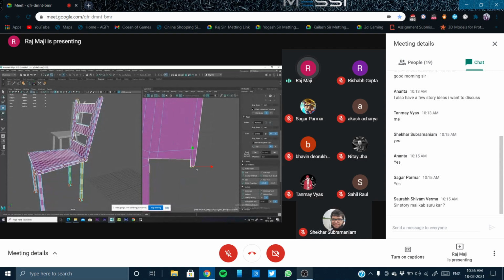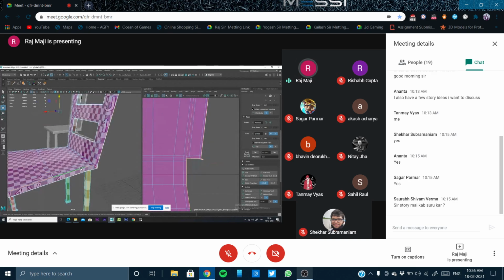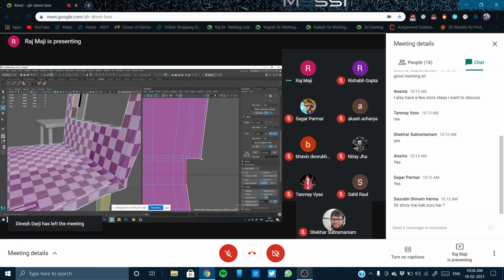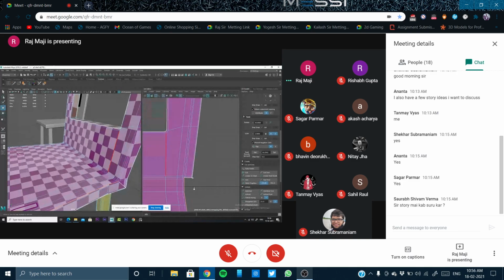This actually can go to the outer side for now because of the space. For now I'm keeping it like this. Now selecting this one, this white line, and deselecting all these up to this much.